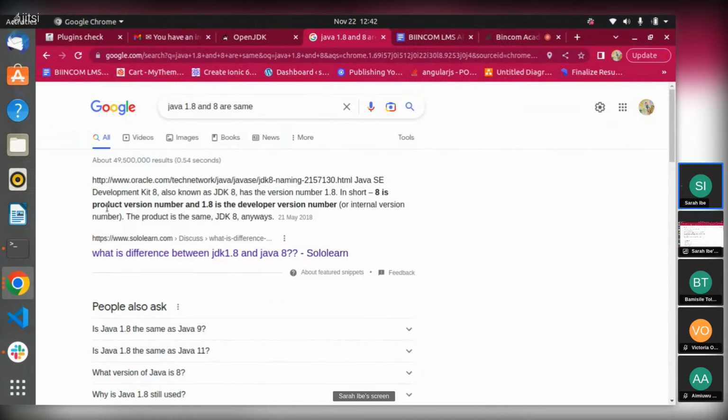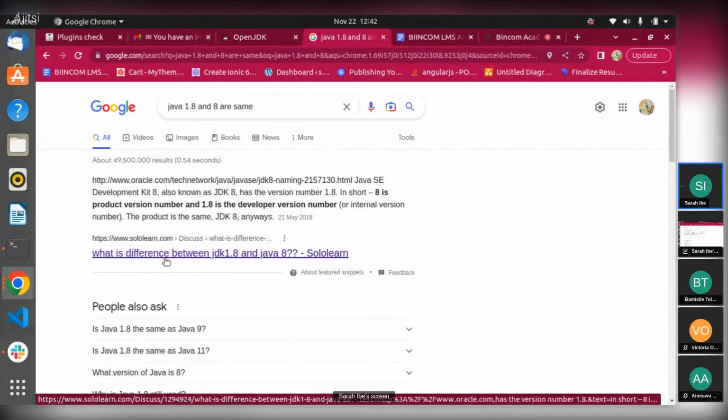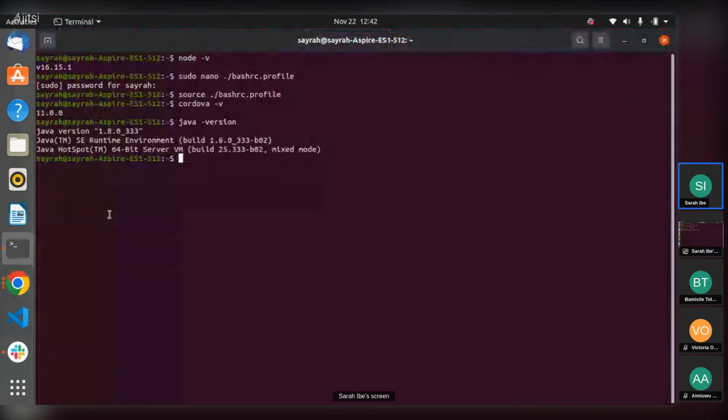So 8 is actually the product version number and 1.8 is the developer version number. So they're actually the same thing. Once you install JDK 8, you might be seeing JDK 1.8 point something, but not to worry. I don't know if you understand.